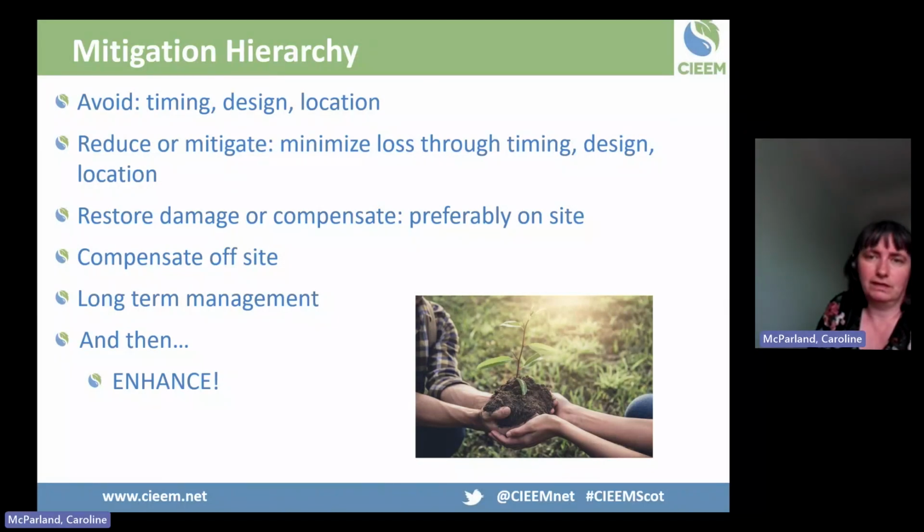You can also look at things like location, of course, and many of the larger scale infrastructure projects also have their own industry specific guidance around choosing the best option as regards location, and they will have biodiversity criteria in them. Following the rest of those steps, you're looking at minimizing loss again through timing, design and location, and restoring any damage or compensating. And again, as we heard at the start, that does